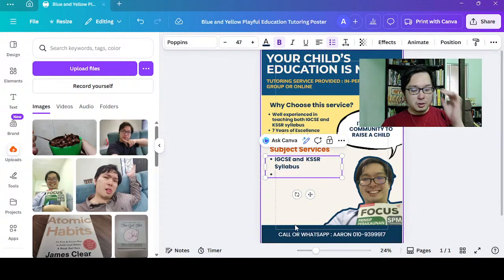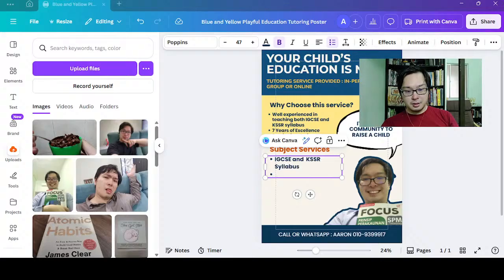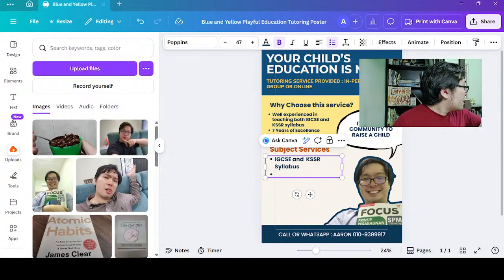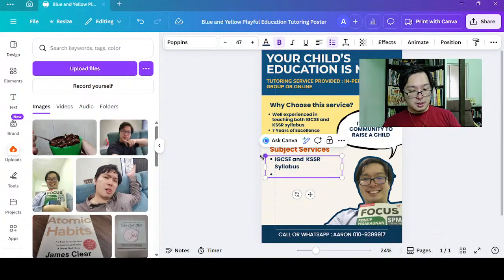Then next would be focusing on, all right, so IGCSE and KSSR syllabus, then followed by year